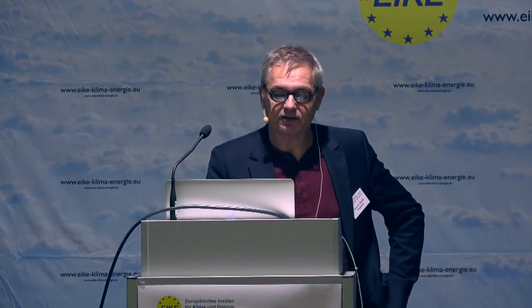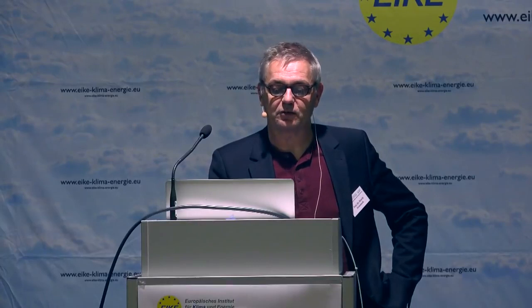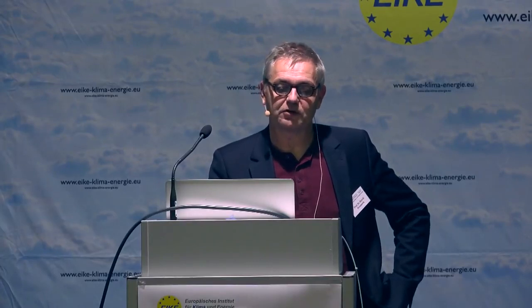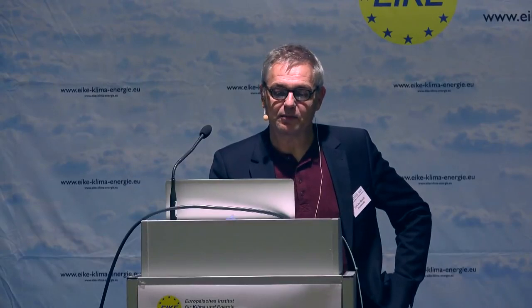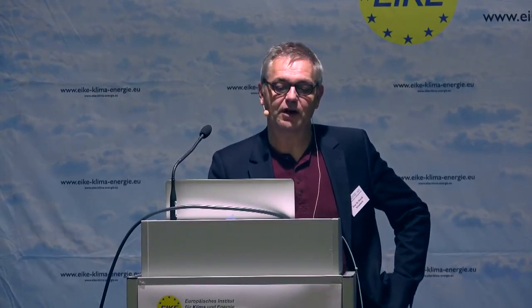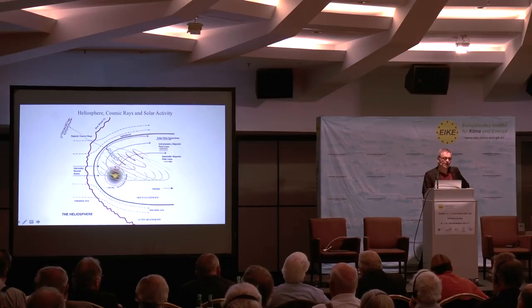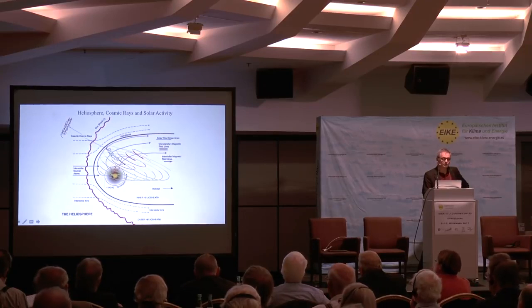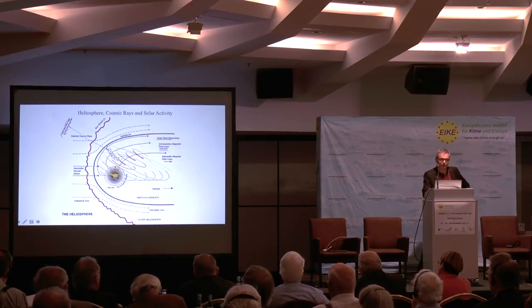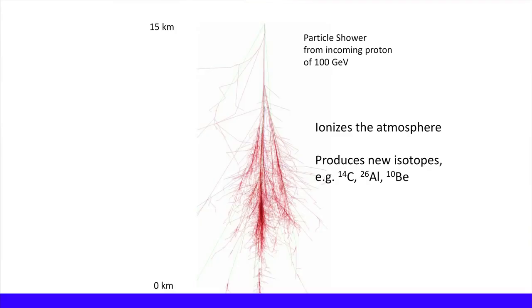The cosmic rays, they enter from the interstellar space. When large stars explode, then you have an acceleration of particles. And that means that in the interstellar space, you have a lot of very high energy particles moving around. And some of them enter into the solar system, and even fewer actually might end up in the top of our atmosphere. And if you have a 100 GeV particle, you can see here that it enters and then it interacts with the atoms or the nuclei of the atmosphere, and you get this kind of shower structure all the way down through the atmosphere.